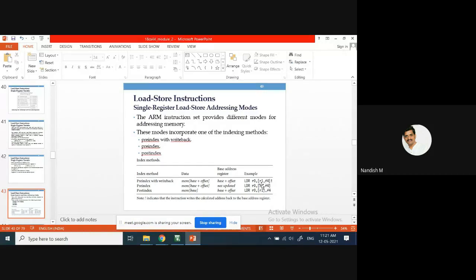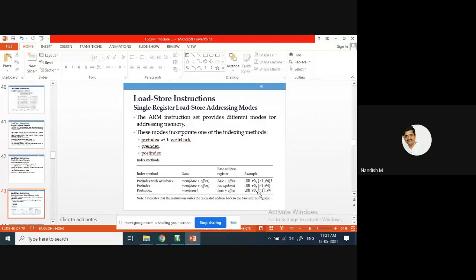Then it goes to that location, gets the value, and updates it in R0. Pre-index means before fetching the value, the address has been computed. But R1 is not being changed here. R1's content got added, went to that memory location, and the value was copied to R0.